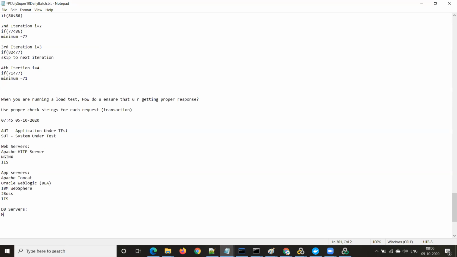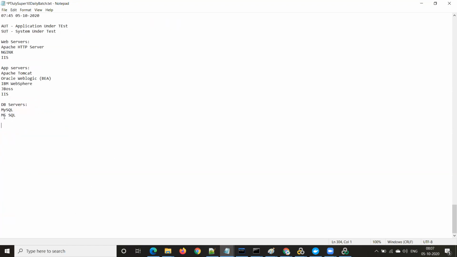First comes MySQL, which is open source, and then you have Microsoft SQL Server. What else? Oracle database, Oracle DB, and you have many more databases, like MongoDB.